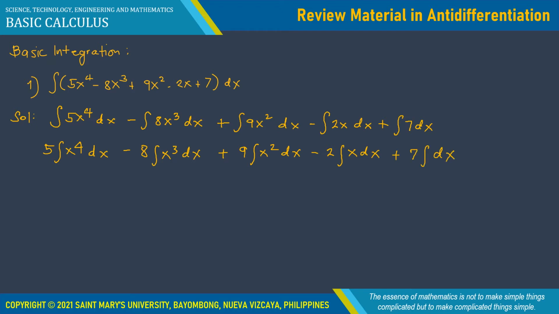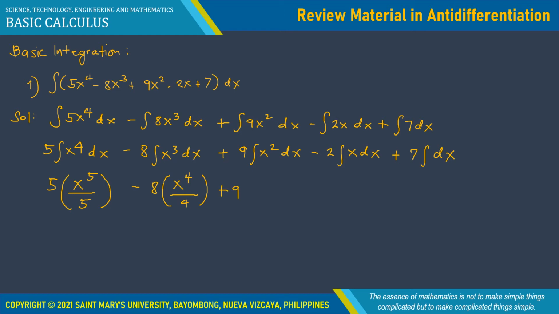So kunin natin ang integral using the power rule. So we have 5 integral of x to the fourth. Ang gagawin lang natin, mag-add tayo ng 1 sa exponent. So 4 plus 1, 5. Then dadalhin din natin siya sa denominator. So we have next 8 integral of x cubed dx. So it becomes x, 3 plus 1 is 4 over 4